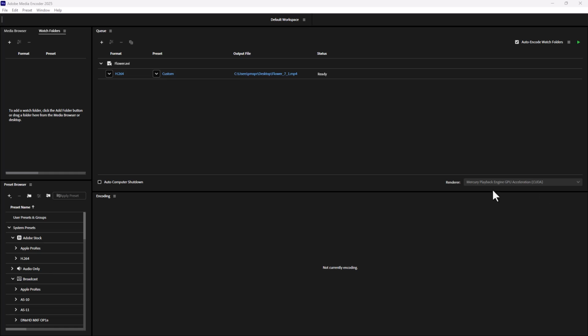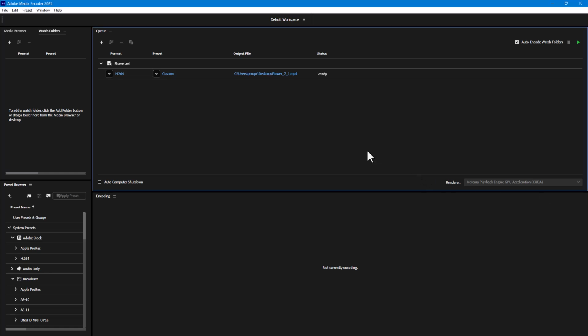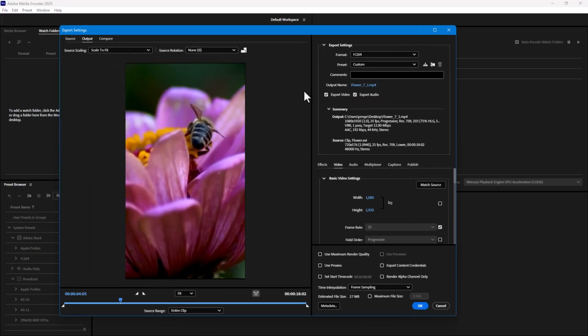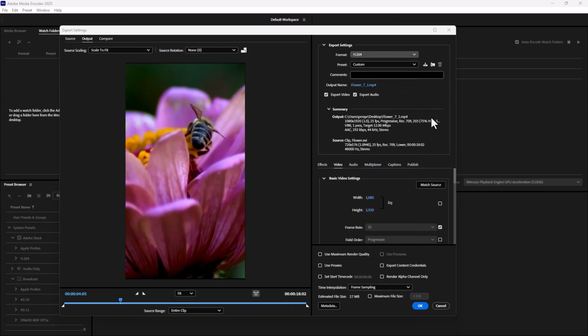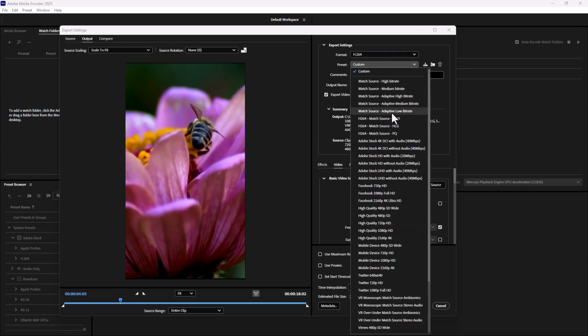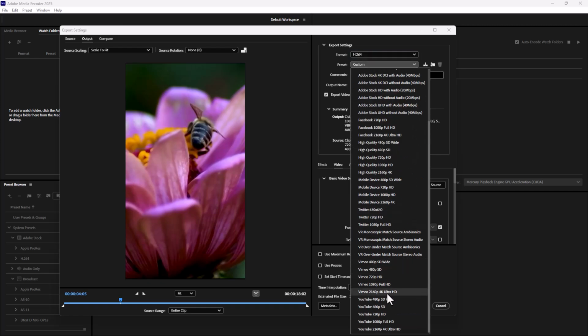So if you want to go ahead and export out your video for Twitter, then what you can actually do is you can choose the H.264 format right here. Once you go ahead and do that, over here in the preset, you can go ahead and click. And then what you can do is choose, let's say, for example, a preset. Let's say, for example, I'm going to go ahead and choose YouTube format right here, which is going to be